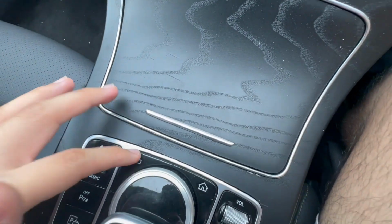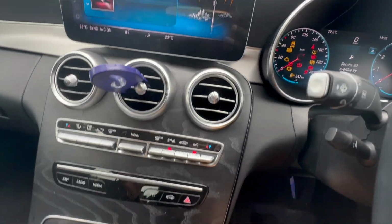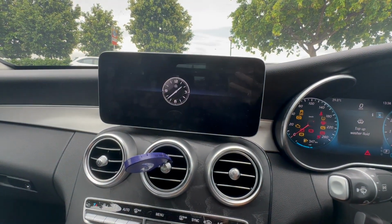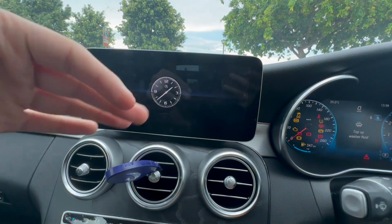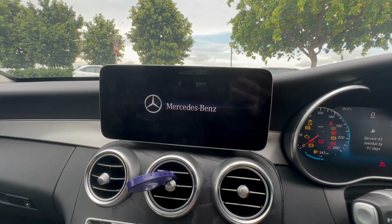You got your button right here to adjust the infotainment, which is very complicated. This is your volume switch right here, and this I think is just to show you guys the clock on the screen itself. So yeah,